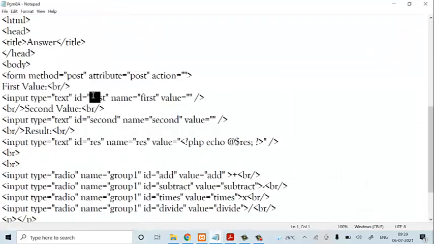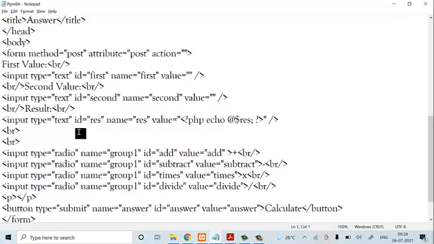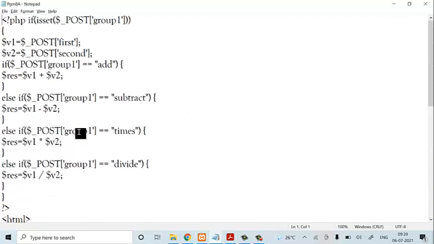Now here I have already written the code. Now we will check it out. In this first program 8a we have to perform simple calculator operations. In the first lab program in the web lab, we wrote the simple calculator operations with JavaScript along with the HTML code. Here also, the front end part will be HTML and the back end part will be PHP.